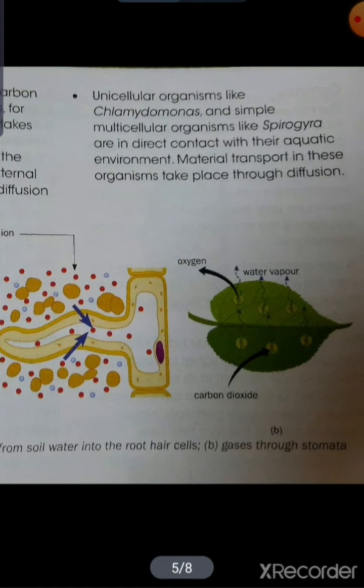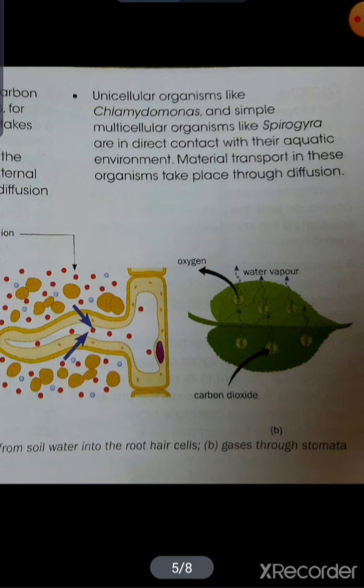Next, the unicellular organisms. Unicellular means single-celled organisms, like Chlamydomonas and some simple organisms like Spirogyra. They are in direct contact with their aquatic environment, so material transport in these organisms takes place through diffusion. As they are in direct contact with the environment, the exchange of